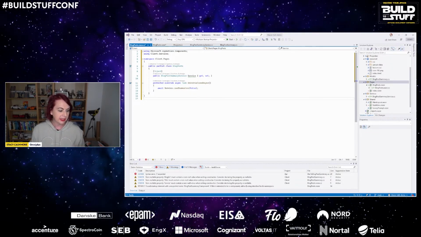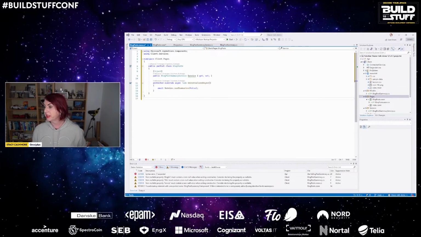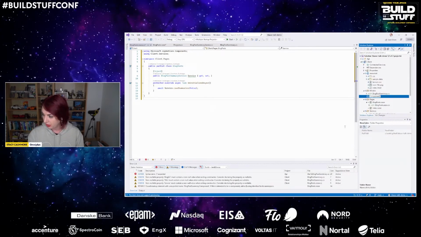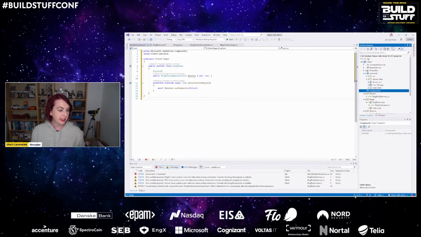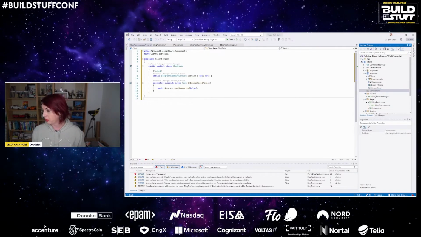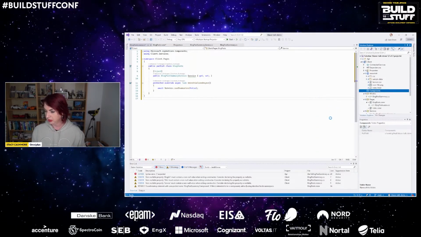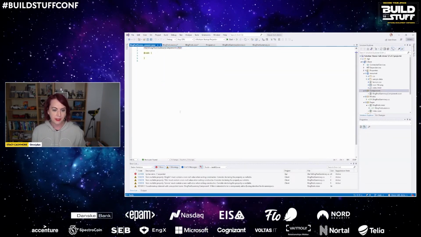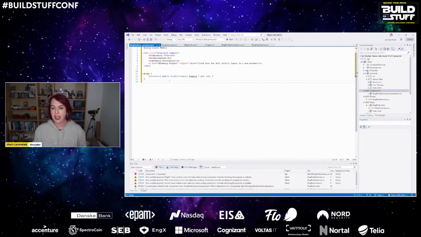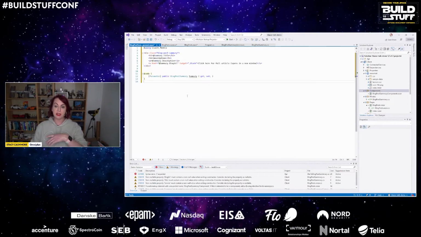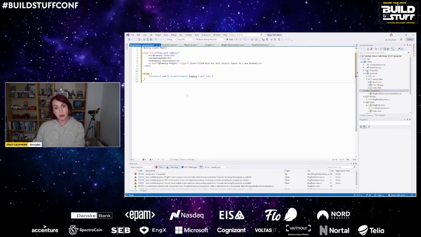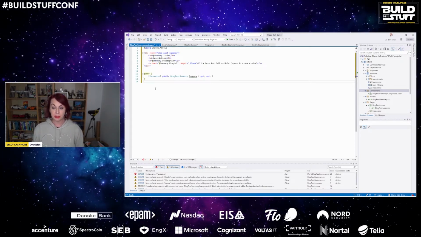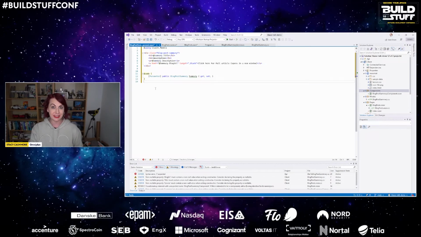Last but not least, in order to get this bit working, we need to actually make our component itself. How are we going to show this on the screen? Well, we're going to have a components folder. And inside of that components folder, we're going to make our blog post summary component. So it's another Razor component, exactly the same as a page. It's just not going to have that page directive at the top. And this is just simply going to have a div with the title, description, and a link to the URL that we're going to open in a new page so that people can read our article. Here I do have a nice code block at the bottom because it's only accepting one parameter. It doesn't make sense to do a code behind here.